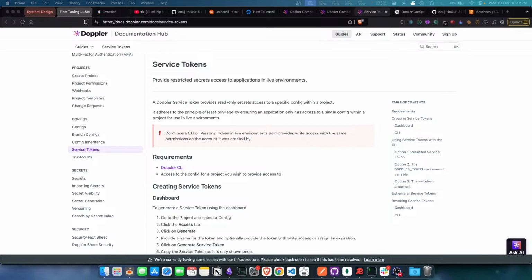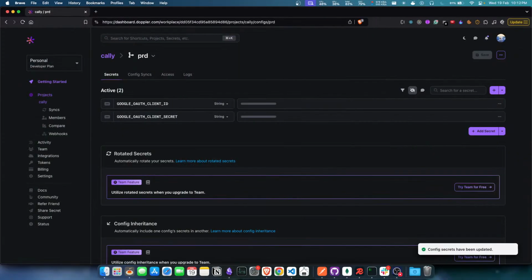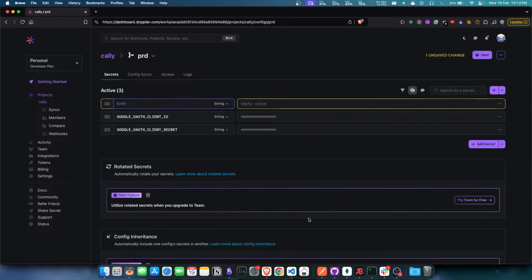What is the next secret? It is Google OAuth client secret. It just goes here. This is where it goes. And I'll just save this. Alright, this is going fine, I guess. Let's add one more secret. Another secret will be Google OAuth redirect URI, which becomes